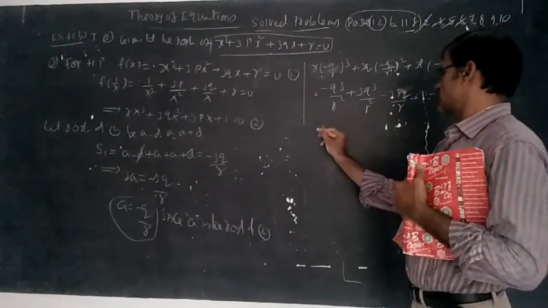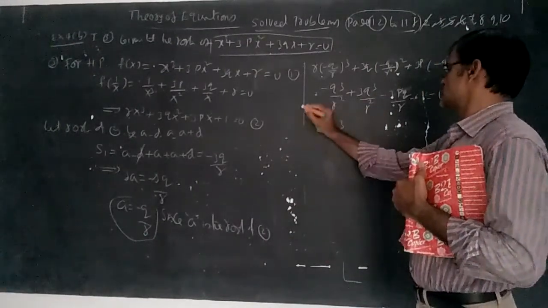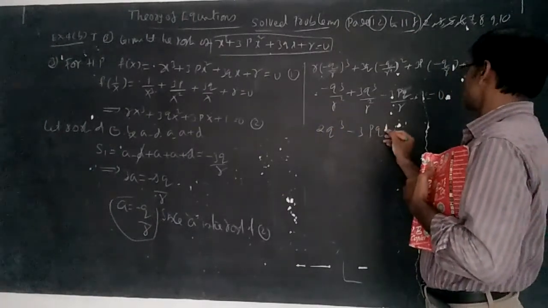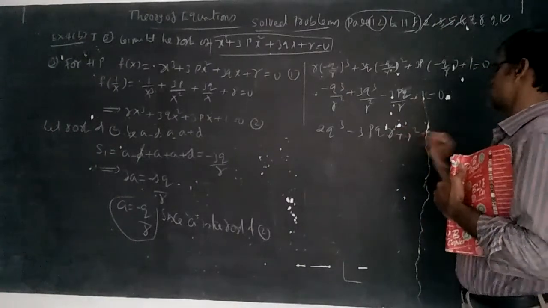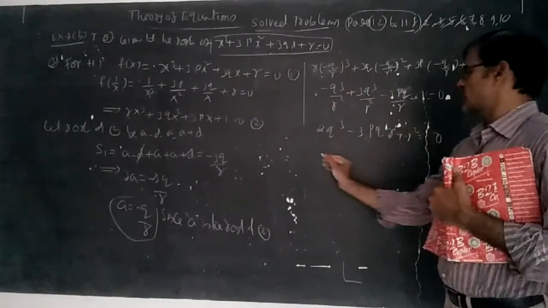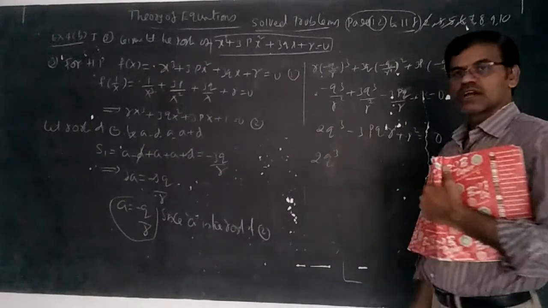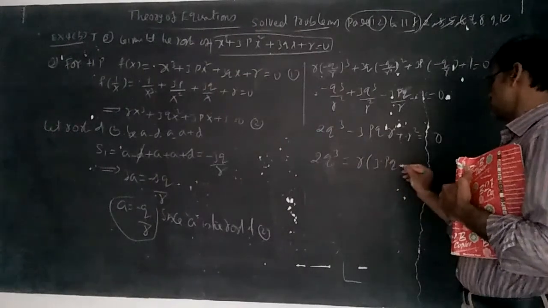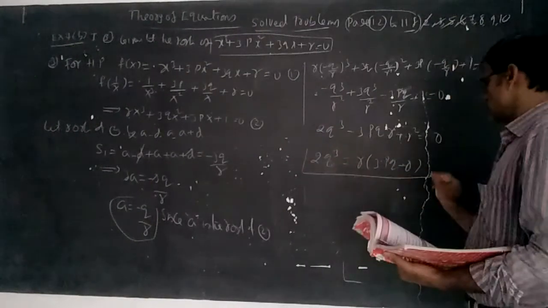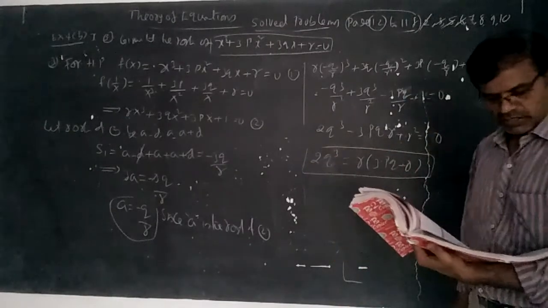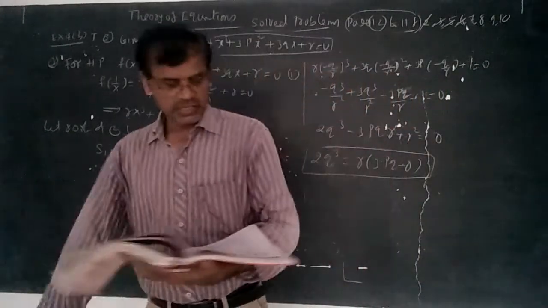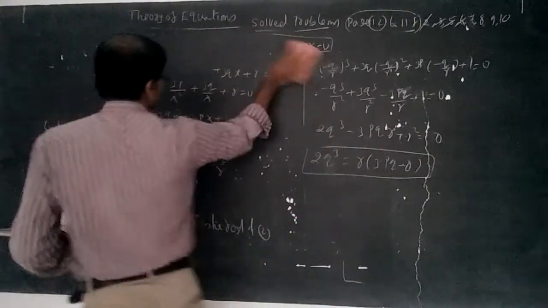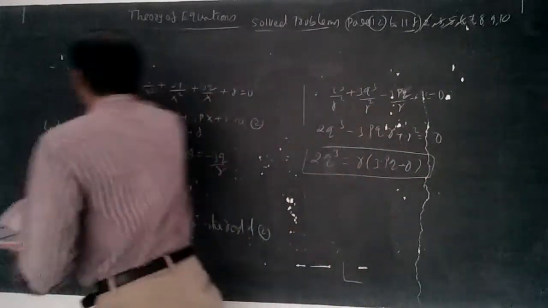2q cube, you can write 2q cube. This is 2q by r square minus 3pqr plus r square equal to 0 by taking r square LCM. So the required condition is 2q cube is equal to, whenever r is taken common, 3p cube minus r. 2q cube is equal to r into 3p cube minus r. This is the condition of harmonic progression. If the roots of the given equation are in harmonic progression, this is the condition.